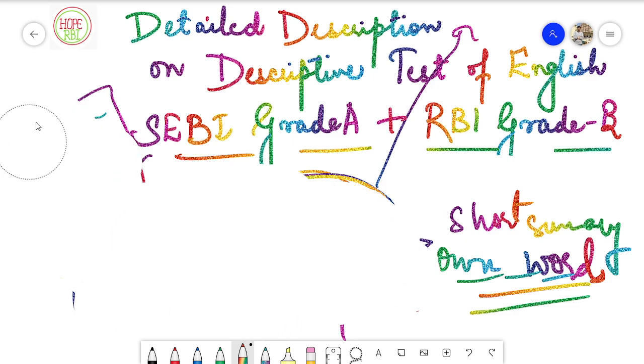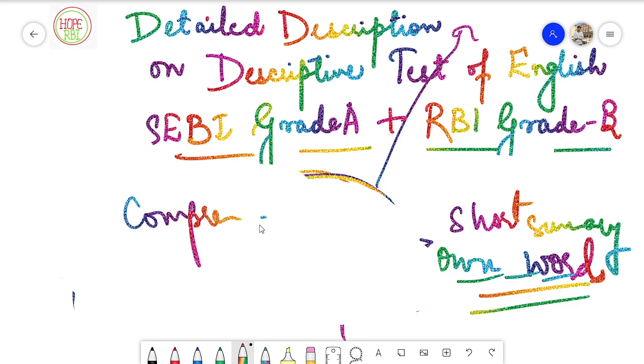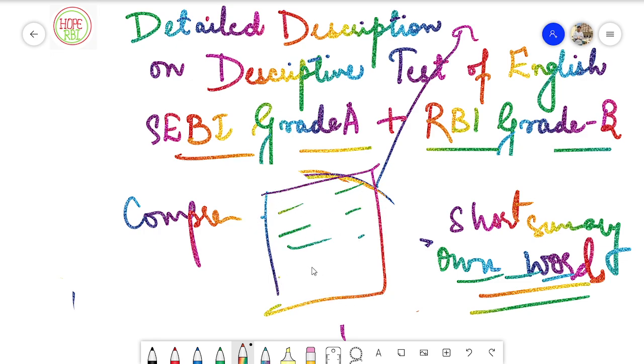The third type of question that you encounter is the comprehension passage. It is not your typical comprehension passage which you encounter in the objective paper. A passage will be given to you of about 4 to 5 paragraphs. It will be a longer passage, and under that you will be given about 5 to 6 questions. You have to